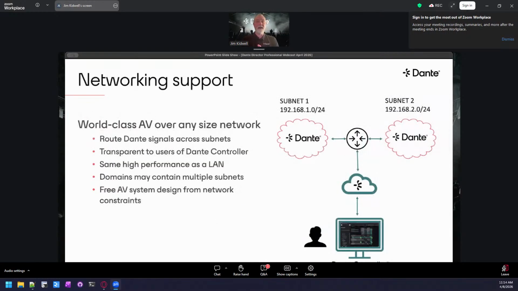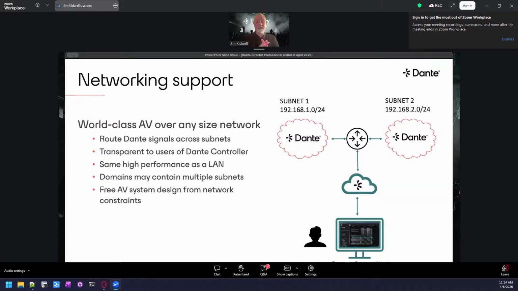All right. Another benefit of using a management system is networking support. So a lot of us know when we're setting up Dante networks, they can be wild and across large distances. So setting up VLANs and organizational systems is critical to make sure that those networked audio products and networked video products work properly and don't conflict with other types of traffic on your network.